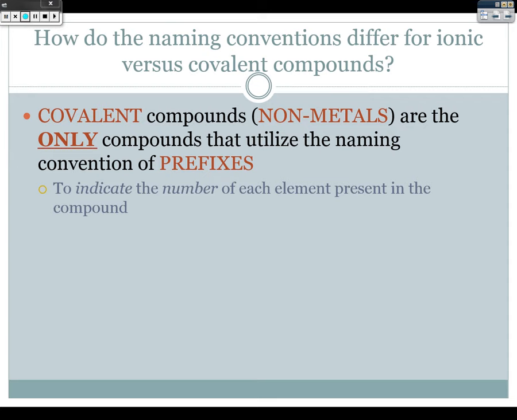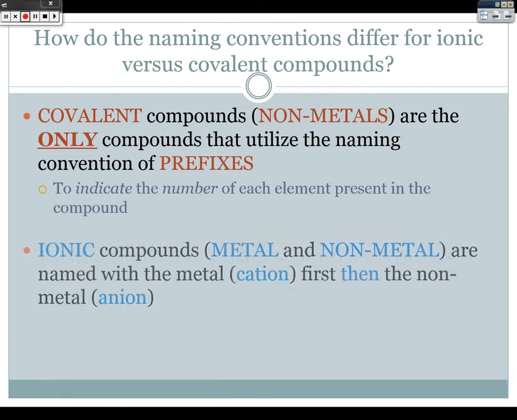We can have double, triple, single bonds. So we can have carbon and hydrogen in a molecule, or carbon and oxygen in a molecule, and have different numbers of different carbons and hydrogens based on how many bonds they're sharing between them. So we have to indicate how many of each element present there are in the compound through the utilization of